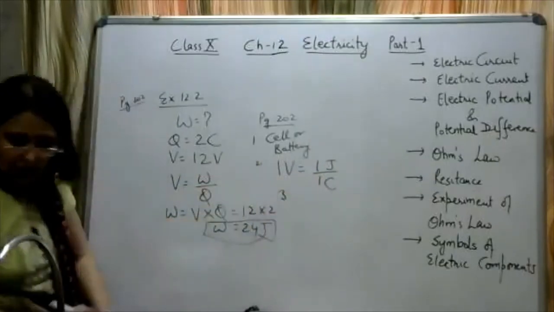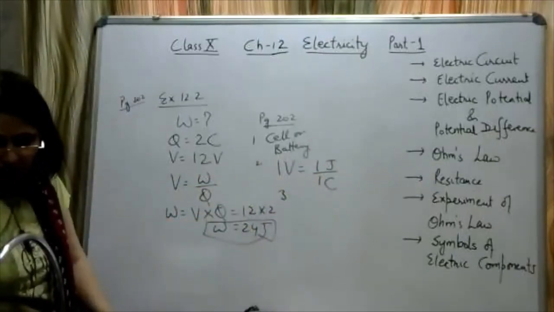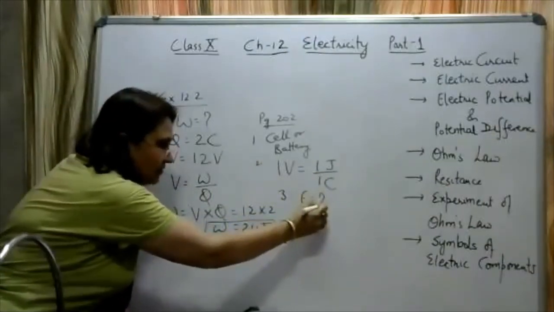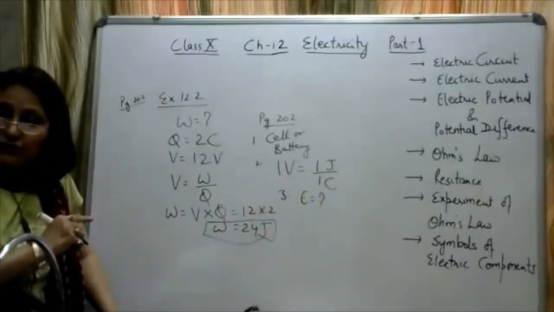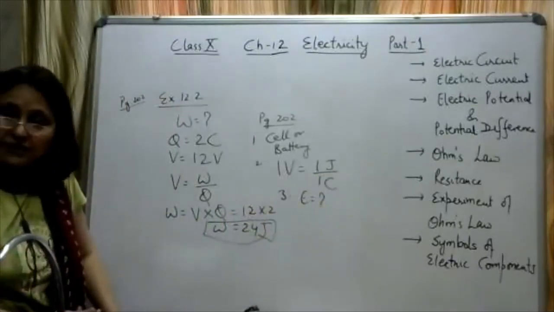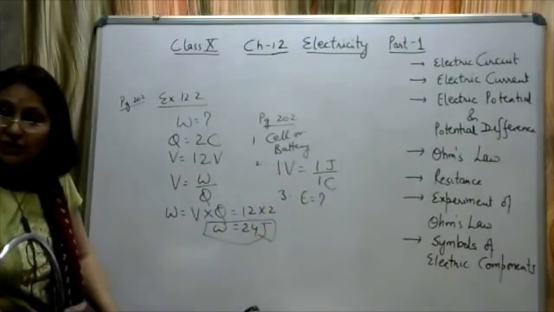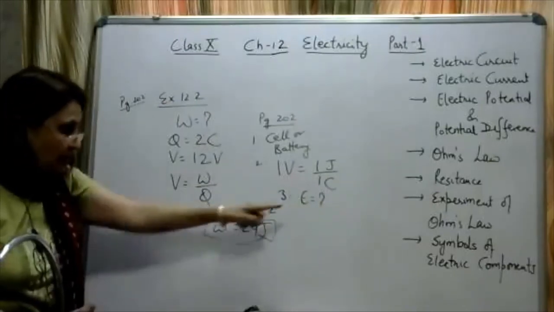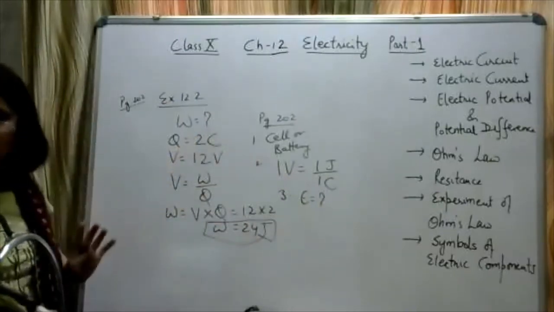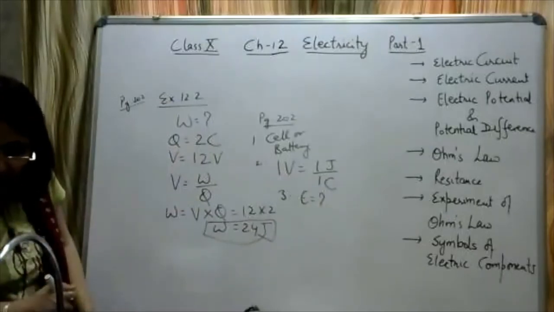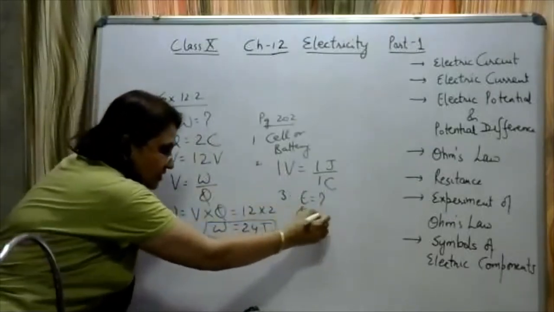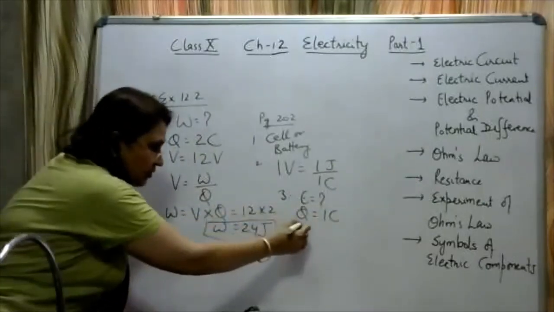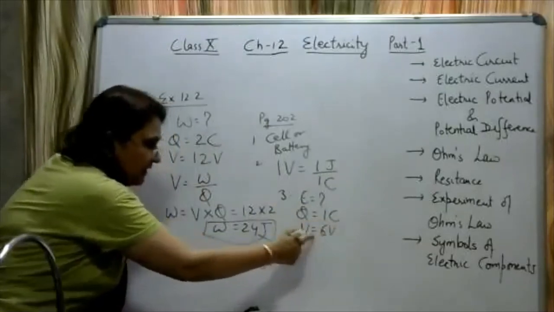Third one is, how much energy is given to each coulomb of charge passing through a 6 volt battery? How much energy? Here you have to find out the energy. We know that work done is equivalent to energy. Energy is the ability to do work. So here it is the electrical energy. Electrical energy will be the ability to do electrical work. So this energy is equivalent to work only. Okay. Each coulomb of charge. So the charge is given as each coulomb means 1 coulomb through a 6-volt battery. Okay. The potential difference of the battery is given as 6 volts.